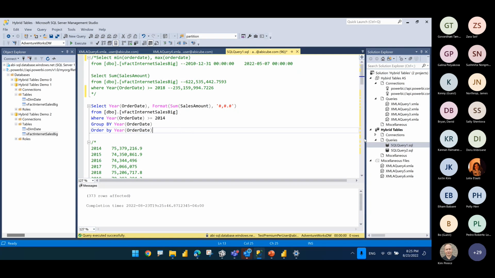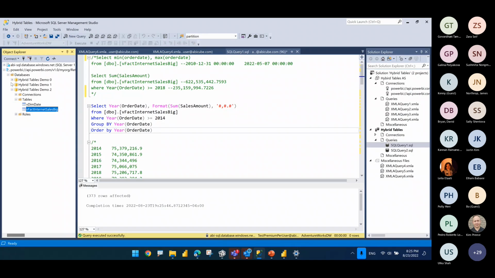One more question: do I have full DAX with hybrid tables? With hybrid tables, you have some limitations. So the answer is no, you don't, because it has a section that has DirectQuery. Whatever limitations you have with DirectQuery are going to apply here. I have a slide at the end with a couple of limitations that I will show you when we get there. Oh, thank you. You're welcome.